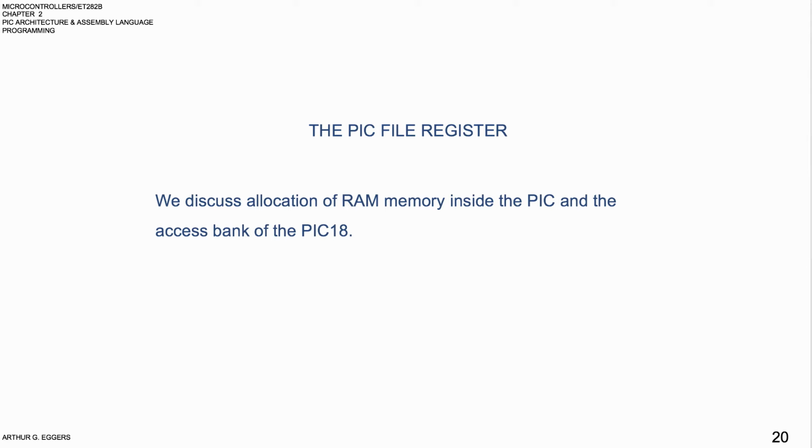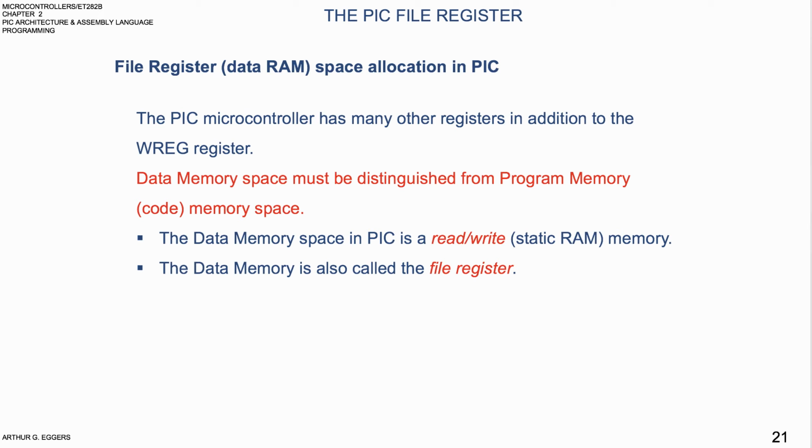In this section, then, we'll examine the various locations of file registers, data RAM in the PIC family, and discuss the usage with simple instructions such as add and move. The file register is read-write memory used by the CPU for data storage, scratchpad, and registers for internal use and functions. As with the working register, we can perform arithmetic and logic operations on many locations of the file register,